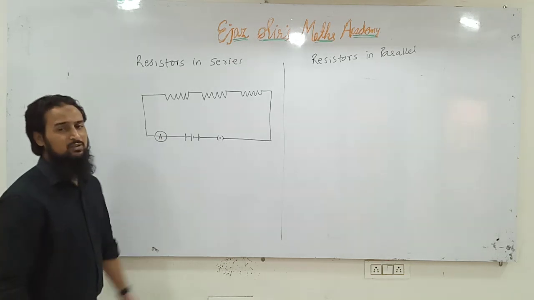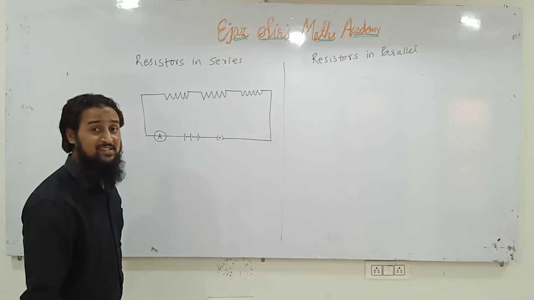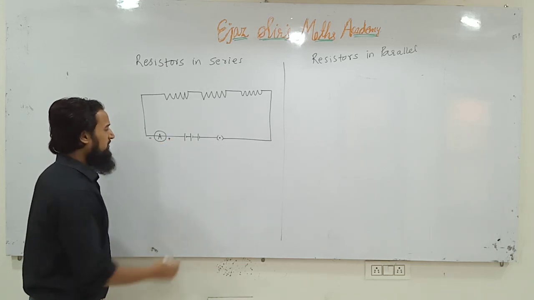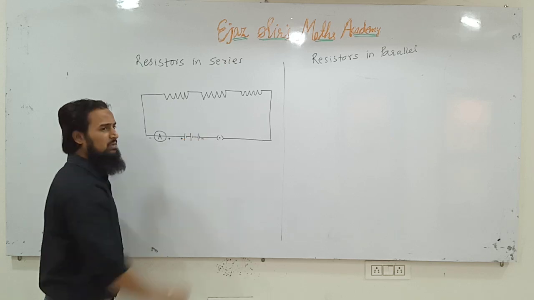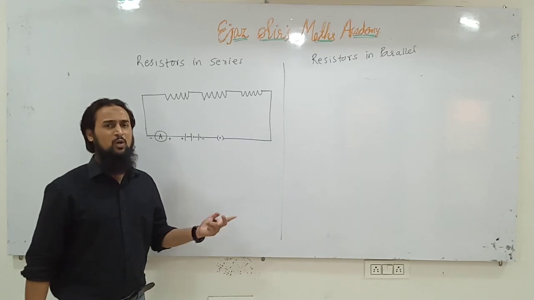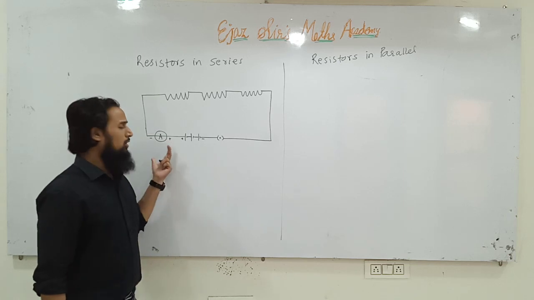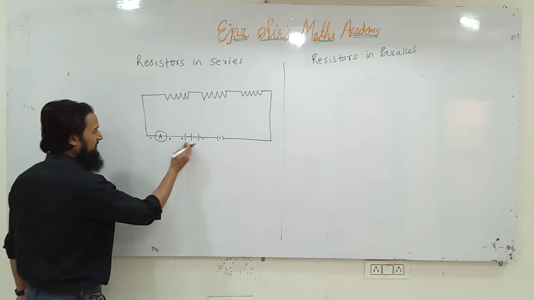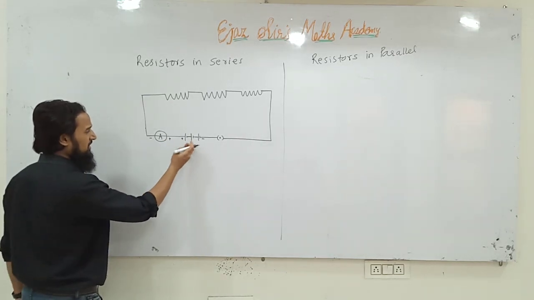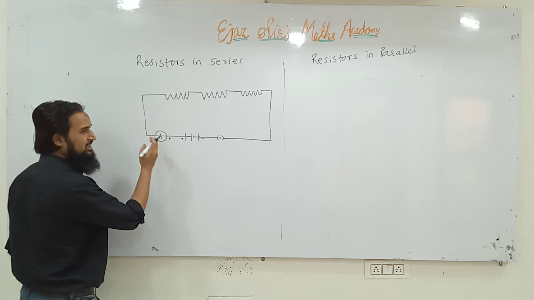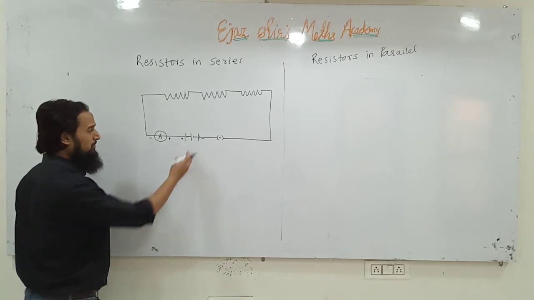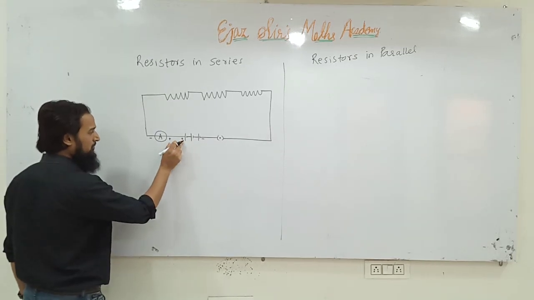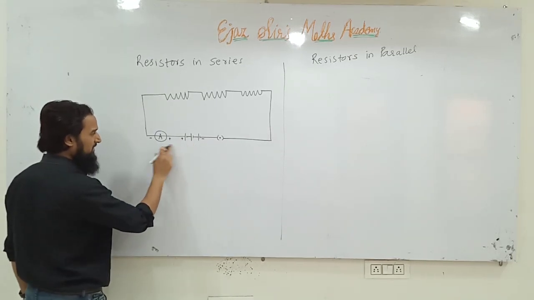The best ammeter is the ammeter having almost zero resistance, but there can be no ammeter in the world which has zero resistance. It will definitely have certain resistance, but we always want that the ammeter must have minimum resistance, because if it has more resistance, the current flowing through it will be less, and the ammeter will show less current, although the battery is supplying more current. So here the ammeter and battery are connected in series.